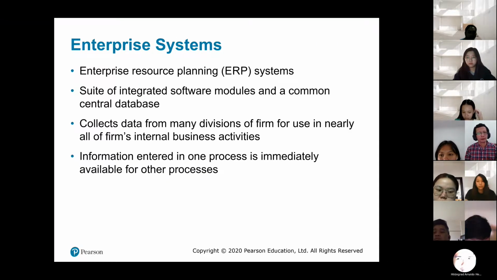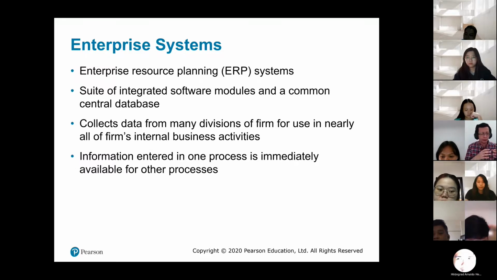Okay, so if you remember again, while we were learning about accounting information systems, we learned about MRP and MRP2. MRP is material requirements planning. MRP2 is manufacturing resource planning. And then MRP2 evolved into enterprise resource planning.